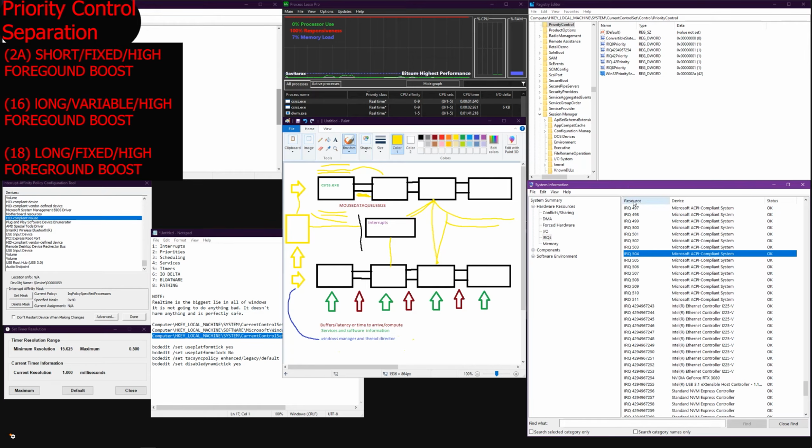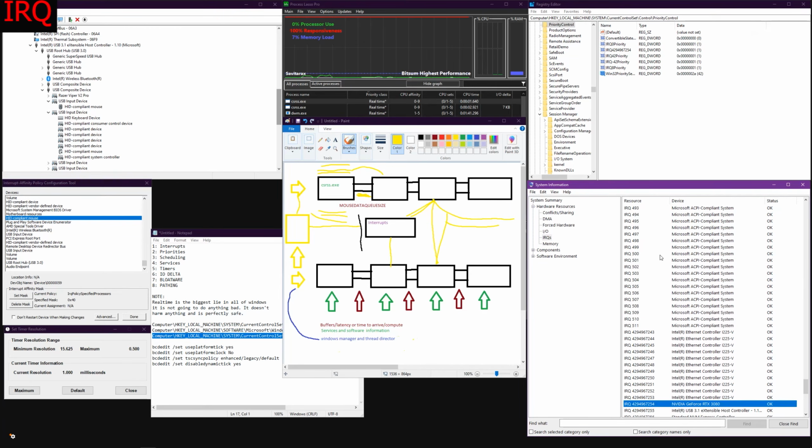But regardless of that, for the interrupt request queues, if we go down into the System Information Device Service, and then we go down and we look for our GPU, we can see that our GPU is 4294967254. If we create a DWORD 32-bit value with that specific interrupt request queue, we can specify it to have a value of 1. 1 essentially is the highest priority interrupt. And so if the system has to do 3 or 4 different interrupts, whatever interrupt has the process priority of 1 will have the highest chance of being